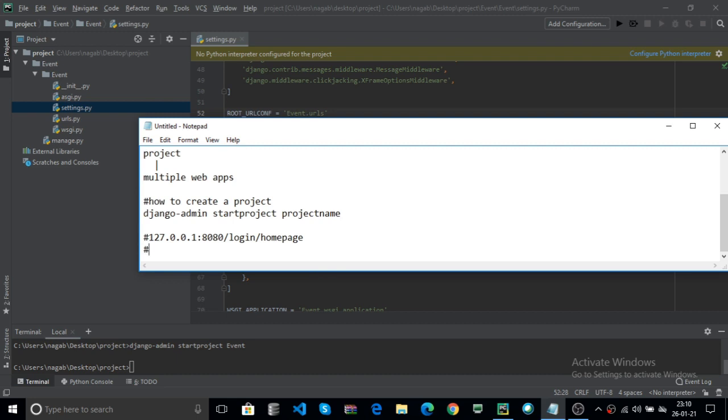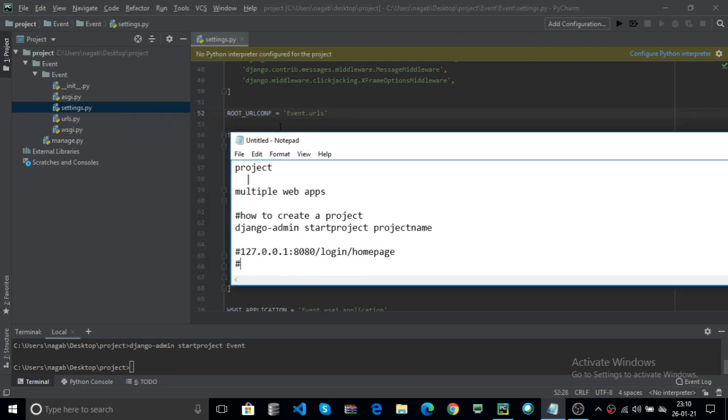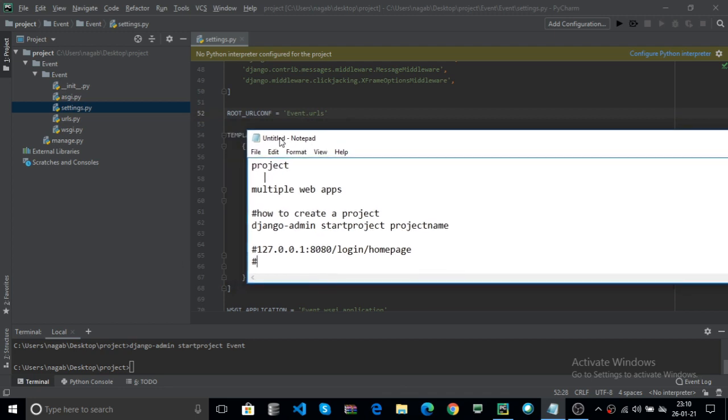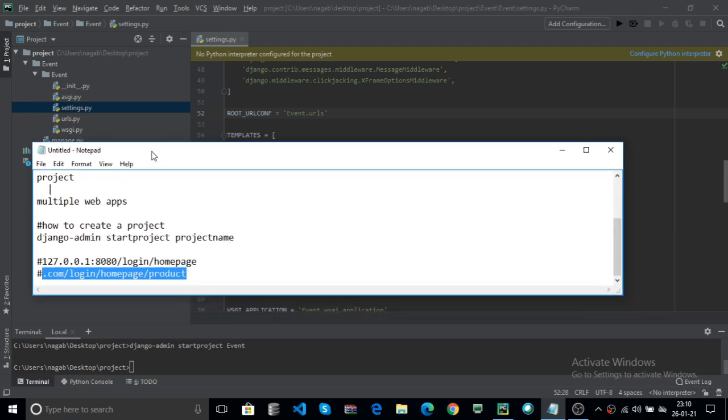These URL configurations are handled by ROOT_URLCONF in settings.py. For example, if you host your website, the domain is extended with .com. After logging into your website, you go to the home page, then you go to the product. These are the URLs being handled. Now we will discuss later how to handle the URLs.